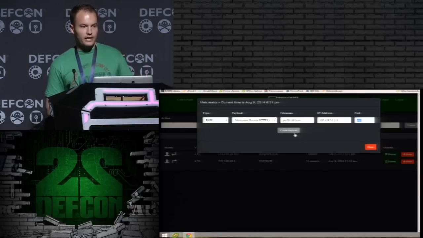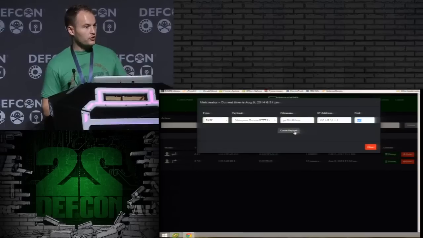Okay, so now we're going to create the payload, and what it's going to do is use the MSG RPC interface within Metasploit to create the shell code to execute this payload in an HTML file. It's going to base64 the shell code, so it looks semi-normal. And then we'll queue up Throwback to call back to this HTML file, grab the shell code, and inject it into memory. So Meterpreter will never even touch disk. We'll be running from memory.